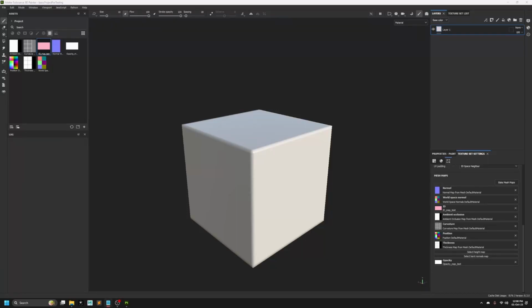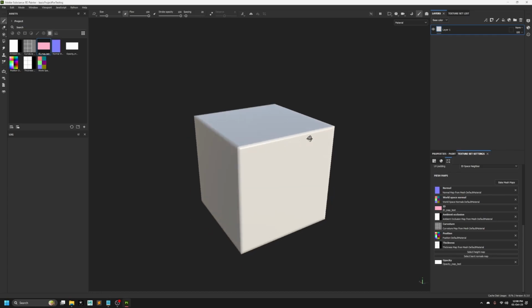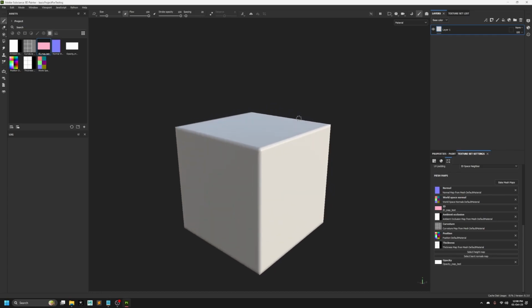Hey, just doing a showcase or tutorial for my Painter script here. The purpose of the script is to reload or refresh mesh maps without much hassle, especially when you're using a separate baking software like Marmoset Toolbag. The way you reload mesh maps in Painter by default is not the best, and it can take quite a bit of your time. So I've got this simple project here, and you can grab the script from the link in